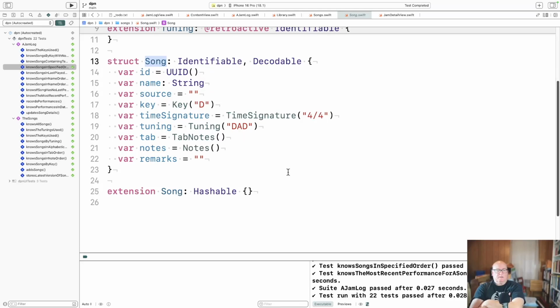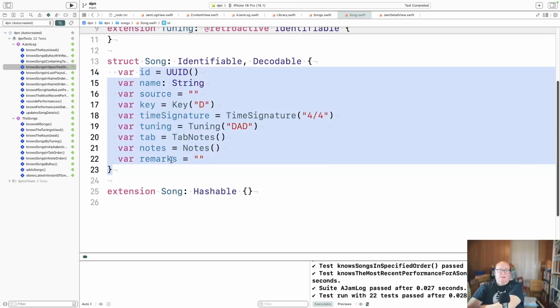Then song would just be the thing that knows the stuff. Originally, this was separate because song was fixed and we couldn't add new songs. But now we let you add new songs because the JamLog needs that. There's not some definitive list you always play from. So, I don't know.